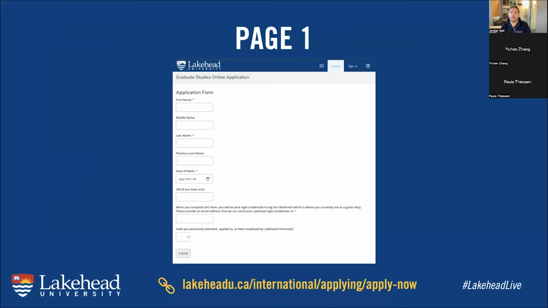So I will show you how to navigate to this page in just a moment, but creating your application form is pretty straightforward. You're going to be a guest at first. You're going to complete your first name, your middle name, your last name, any previous last name. So different from our undergrad application, if you have a former last name, you've changed it, you've been married, whatever it might be, this is where you include that now. So your previous last name, your date of birth, your SIN,